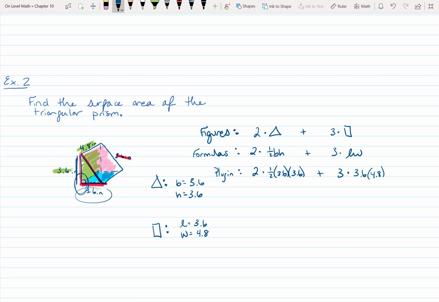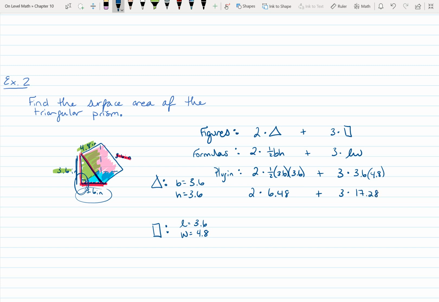So I'm going to do 0.5 times 3.6 times 3.6, and I get 6.48. So I'm going to do 2 times 6.48 plus, I'm going to do 3.6 times 4.8, got 17.28, and then I'm going to multiply the 6.48